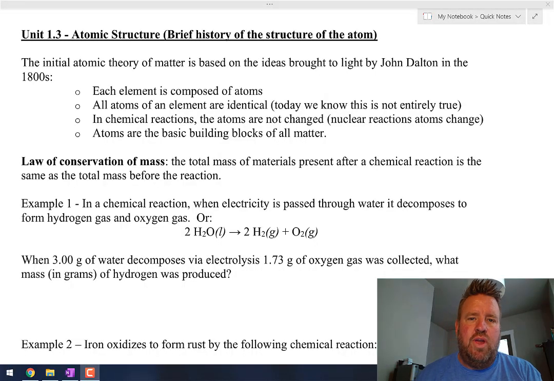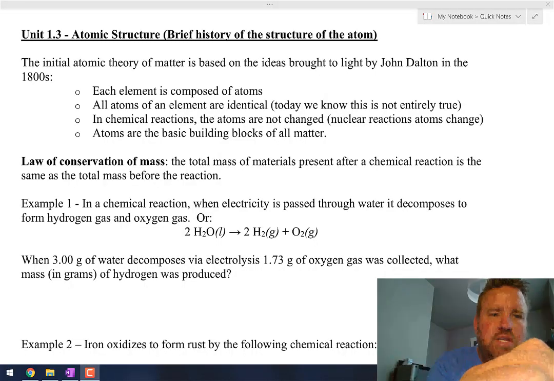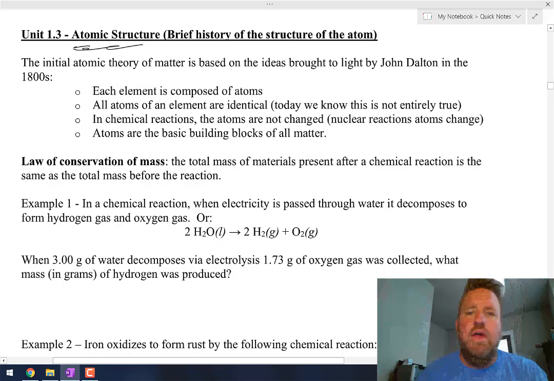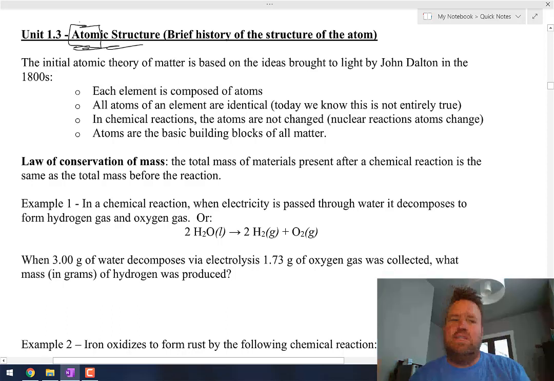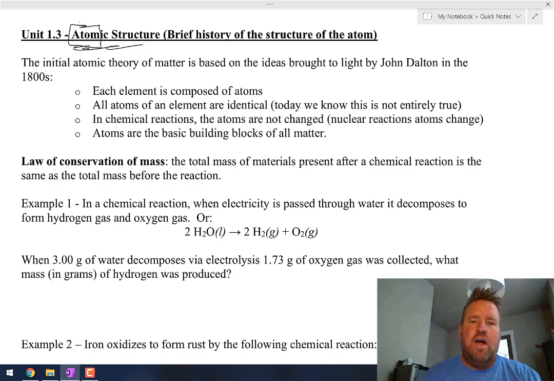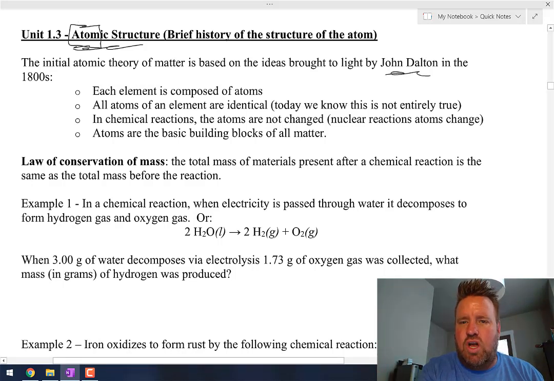Unit 1.3 is all about what's called atomic structure. And atomic structure, don't let that mess you up. Atomic, look at the first four letters, just means atom, and atomic structure simply means the structure of the atom. So in the 1800s, there was a gentleman by the name of John Dalton, and he